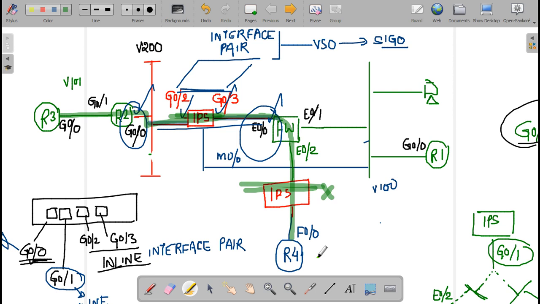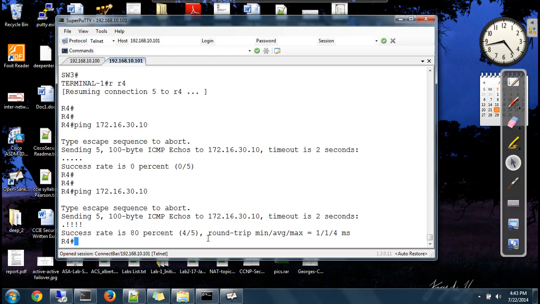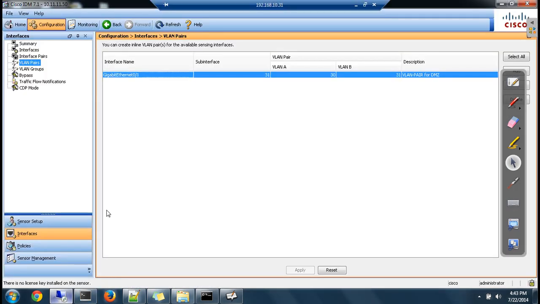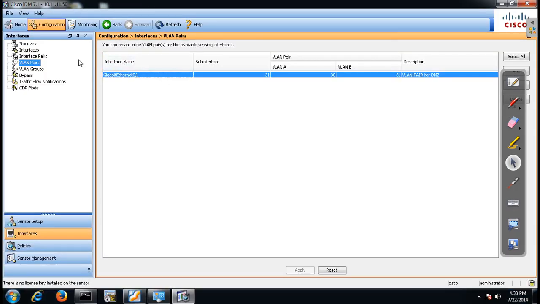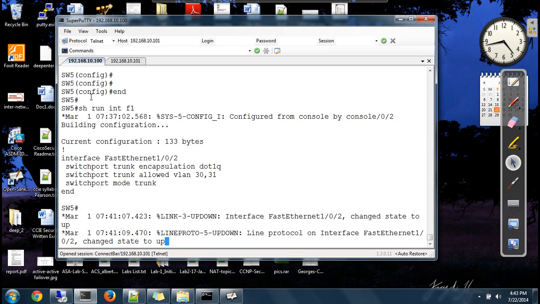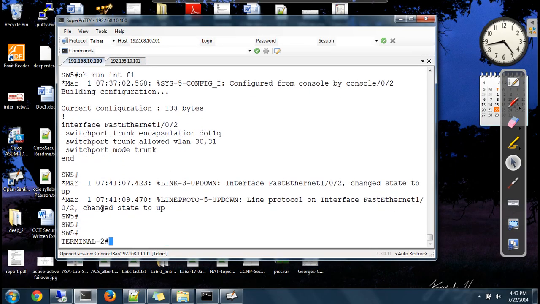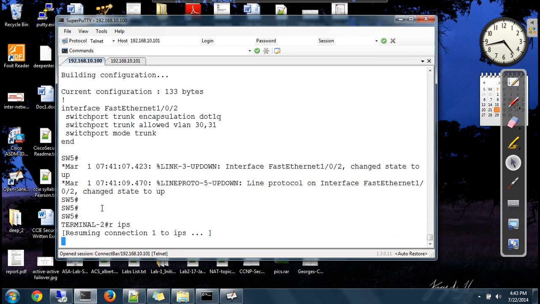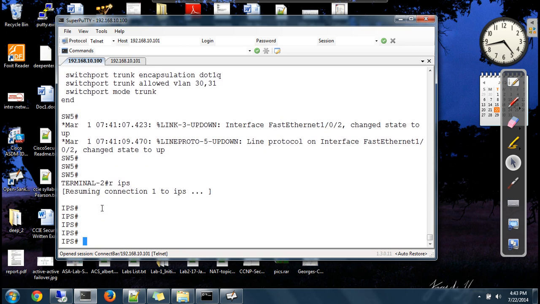Fine. So the tuning of the signature is still the same. How you're going to tune the signature, all those things are still the same. How you assign, let's say, we have created one VLAN pair with this name, isn't it? So what I want to show you is, if you go to the CLI of IPS,